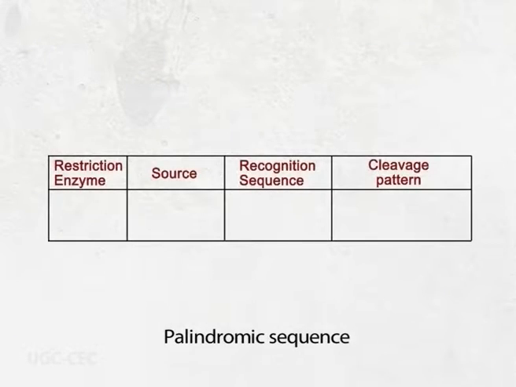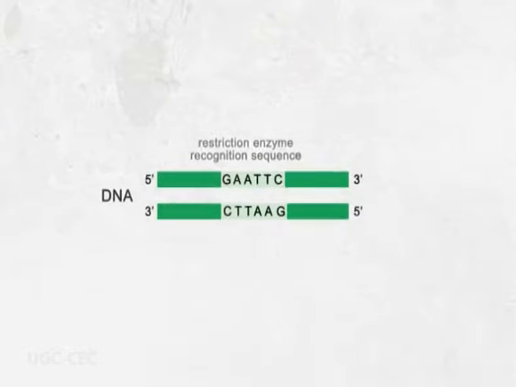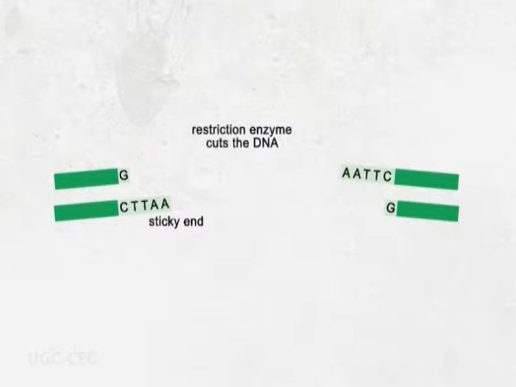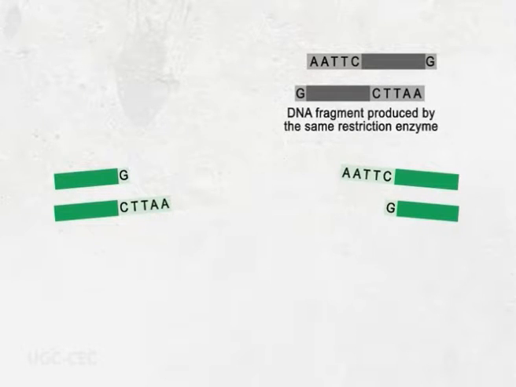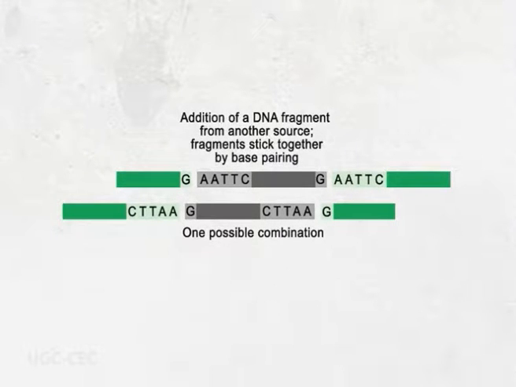That is, the sequence in the lower strand is the mirror image of the upper strand. The majority of restriction enzymes cut their recognition sites in such a way as to generate single-stranded overhangs called sticky ends. When similar sticky ends are generated in the target DNA and vector, these sticky ends are complementary to each other, so that when the gene of interest is mixed with the vector DNA, their complementary sticky ends base pair with each other,